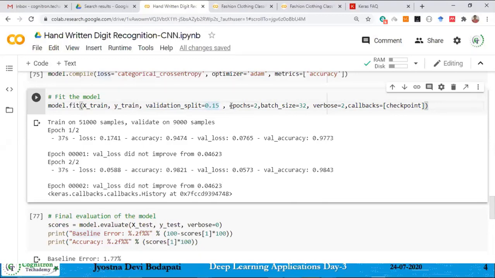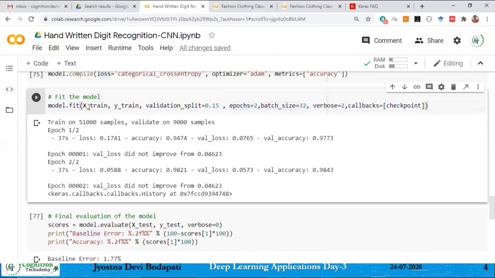Is it clear? Then the number of epochs. What is an epoch? Epoch means when your model is updating the weights. That's what the epoch is. Whether it is updating the weights after seeing the entire training data, or after seeing some of the samples in your training data, that is what is decided by the epochs and batch.